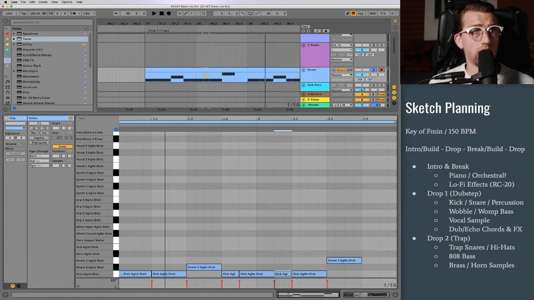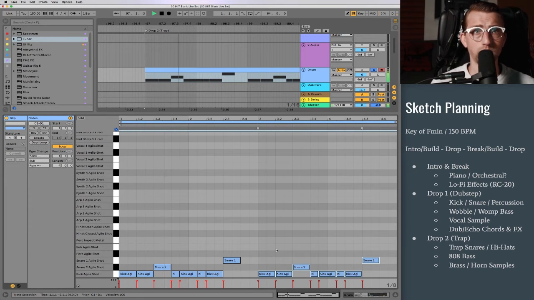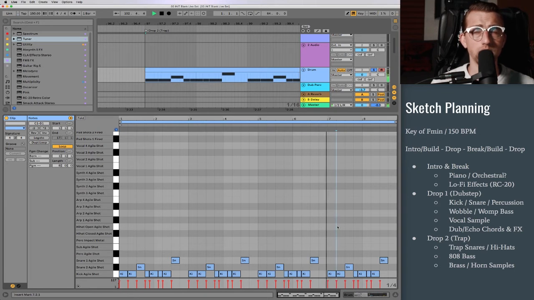Let's duplicate this loop. Duplicate it again. And make sure we've got those 2 kick drums there. All right, now let's find